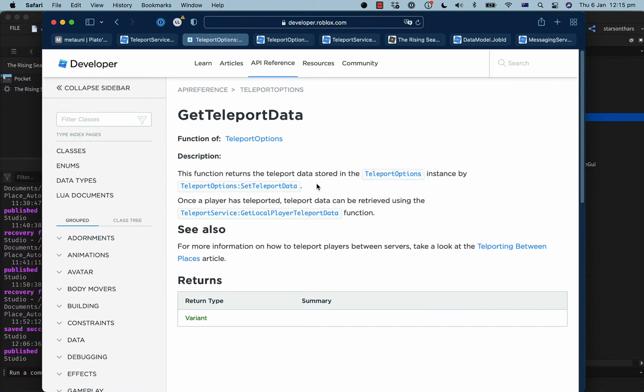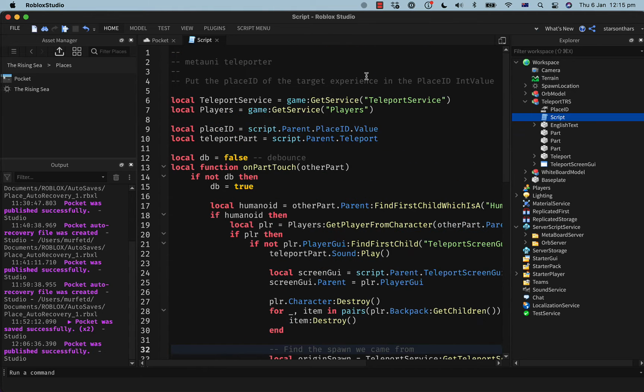Okay. And then I want to get that and somehow have it available in this script, which is going to do the teleporting. I can only use TeleportService on the server, so this script needs to know the information the player carried in with them. I could just put something on player added to put that information somewhere. Gotcha. I could call a remote event here. Maybe that's the easiest thing to do, yeah.